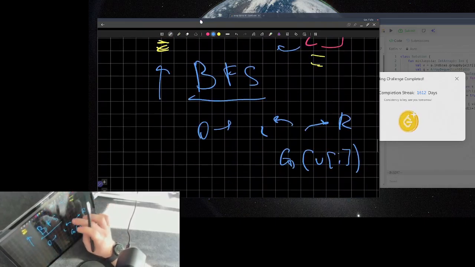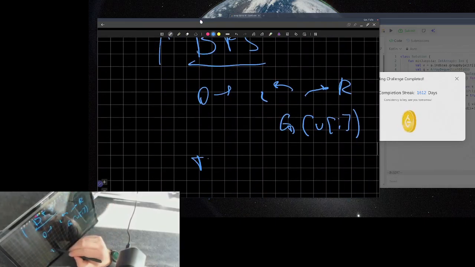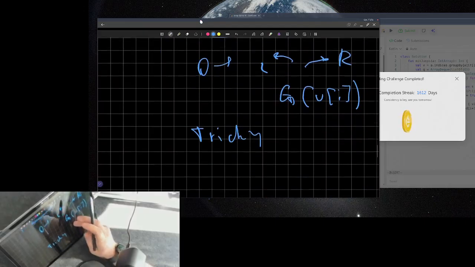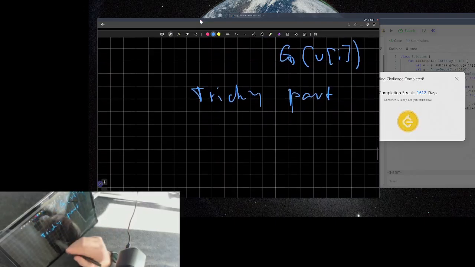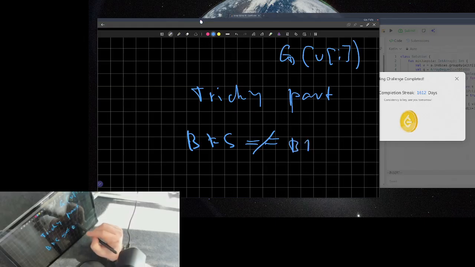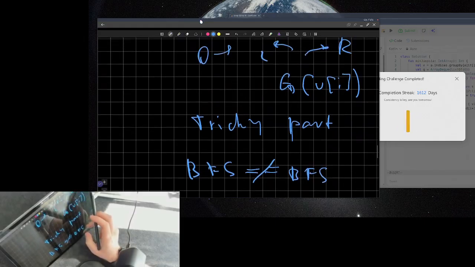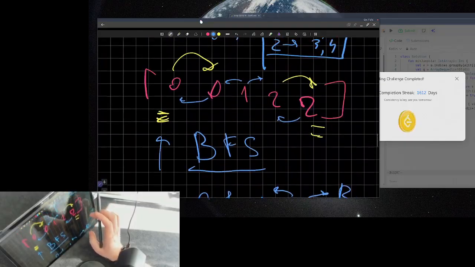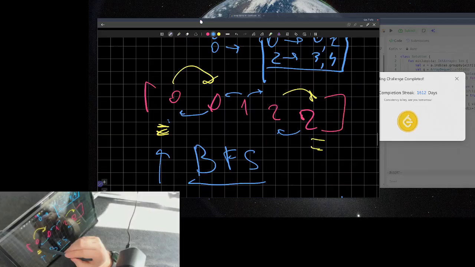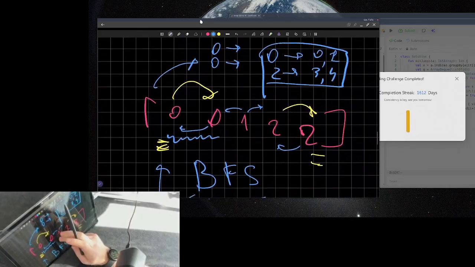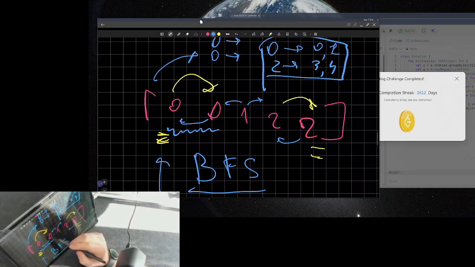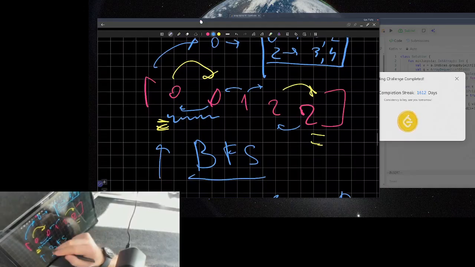Now the tricky part is how can you optimize it to be faster. So this BFS is not equal to other BFS, because you can optimize it. The first optimization is when you visit this group of the same values, you should remove it from the graph. Do not visit it ever again and do not iterate over it, because this group can be the entire